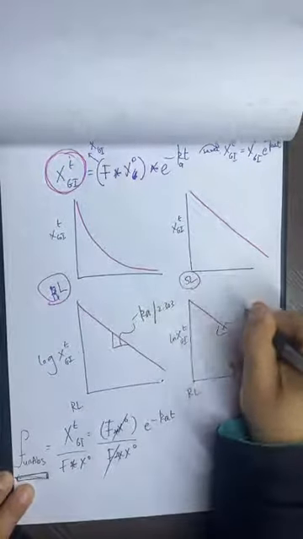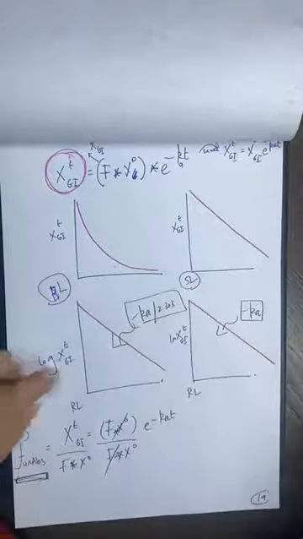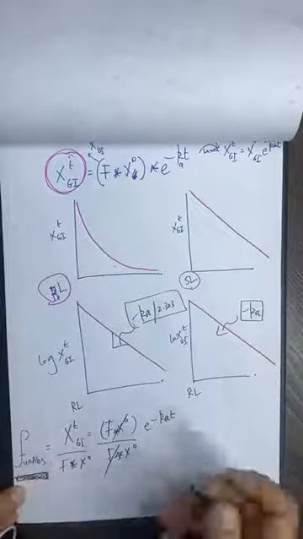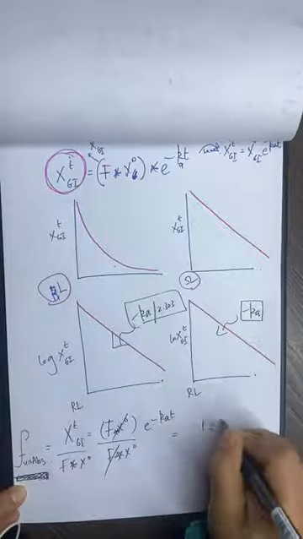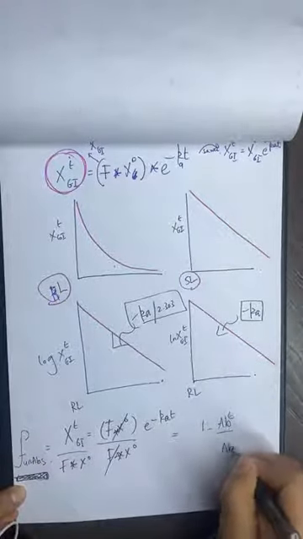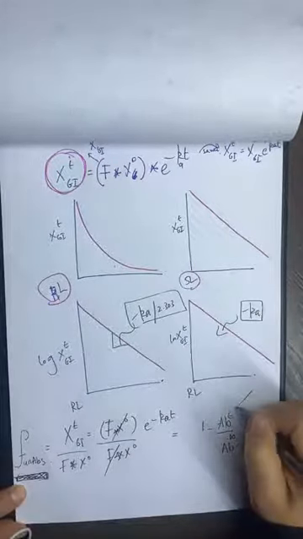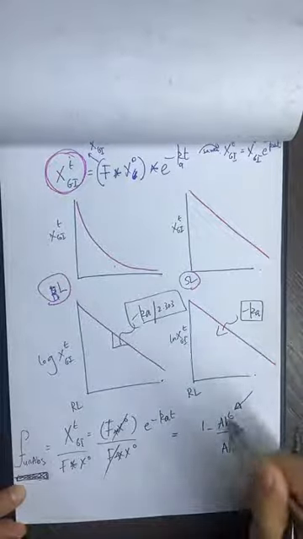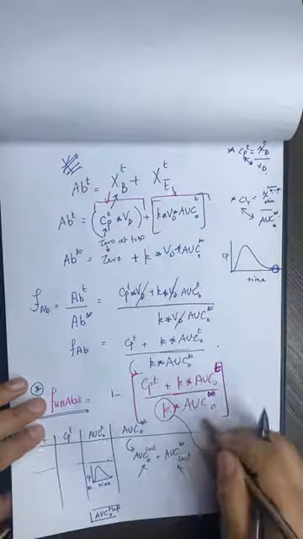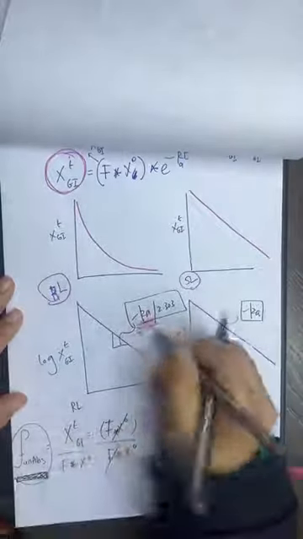If you remember, Ka, right? But we had a problem that experimentally I can determine this. But now, as you know, this is the fraction unabsorbed, which is already 1 minus the absorbed amount at a certain time over the amount absorbed at time infinity. If I can determine this mathematically, as we just saw in here, we can determine it. And I know from this that I can determine